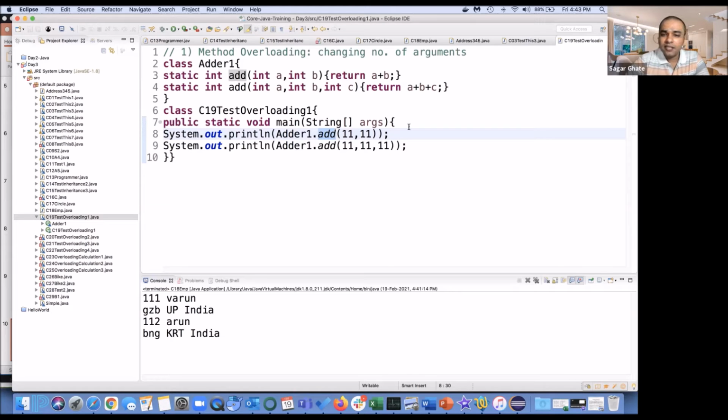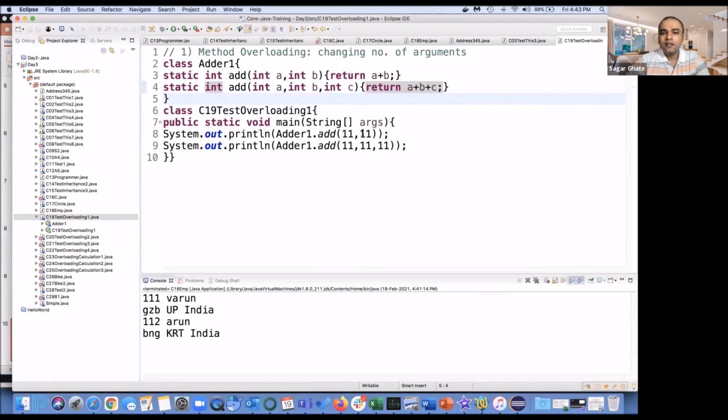When I say signature, signature means the return type, the number of arguments, and the type of arguments. Basically, these three things make a method unique. Just as a signature is unique for every person, likewise the signature for every method will be unique. And this concept is known as method overloading.